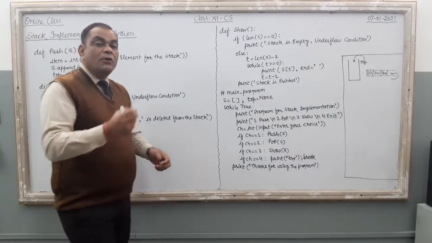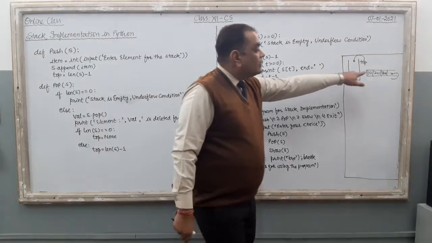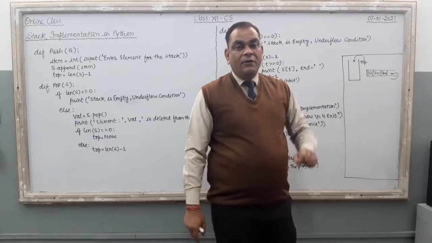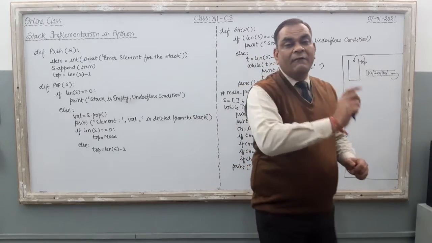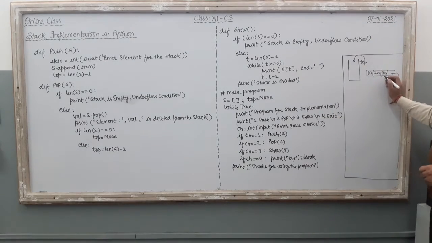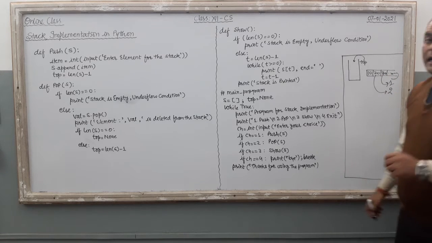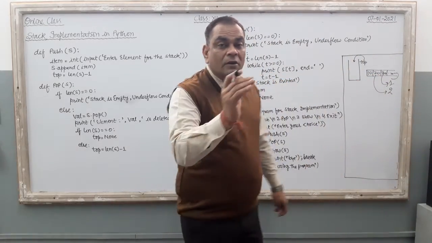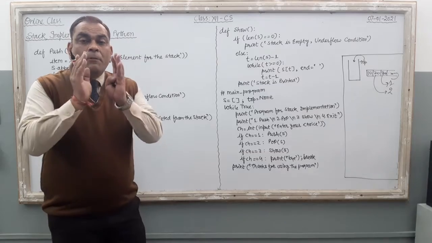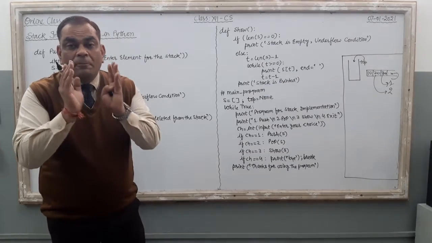Right? Now, if you want to delete something, the last entered element is deleted very first. Stack works on the LIFO technique, last in, first out. So, very first, if you want to delete something, the deletion is from the back side of the stack. It is the first element, then the second element to be deleted from the stack. So, for the deletion purpose, for the pop operation, we have the pop library function